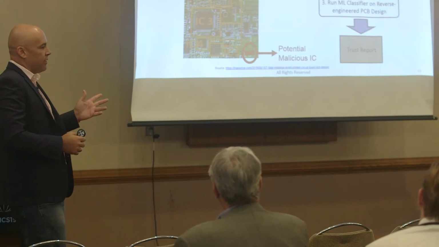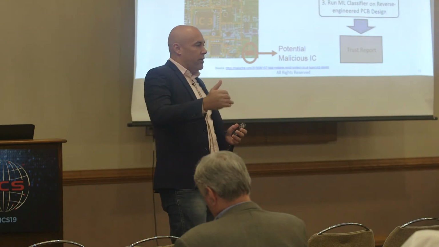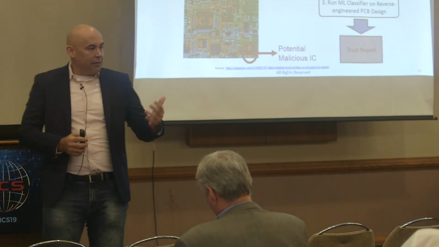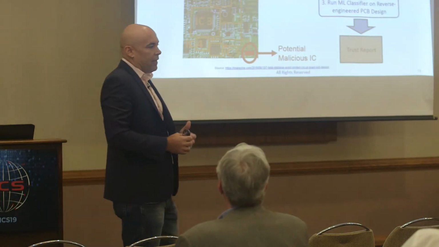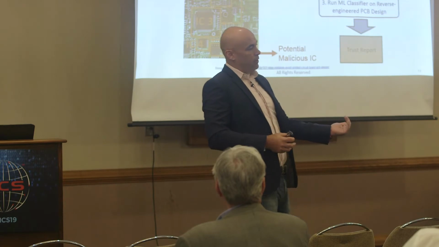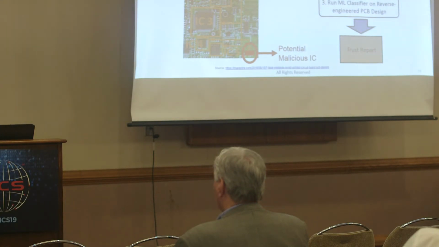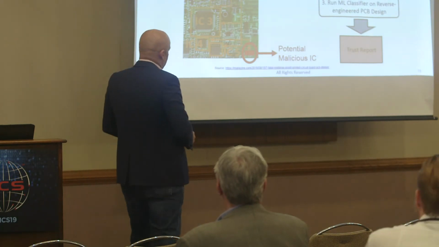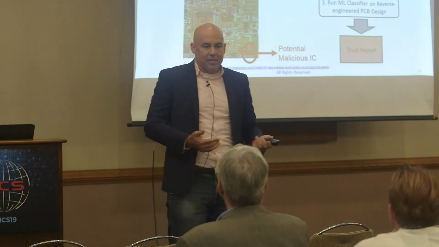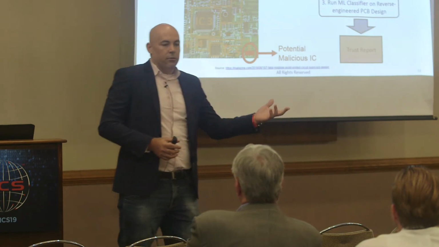One of the things going on at UF is they have some imaging capabilities where they'll do X-rays and microscope-level photography and imagery of a board, and actually auto-generate a bill of materials out of it. Someone with an off-the-shelf camera out in the field can open up a system, take a picture of the board, and upload it. The things they've been able to detect are counterfeit chips on boards. They've also been able to detect modifications, like a little wire going from one piece to another, so they can detect things that you wouldn't normally detect with the human eye. That's one of the projects, and the idea is that we'd like to pull some of that research in